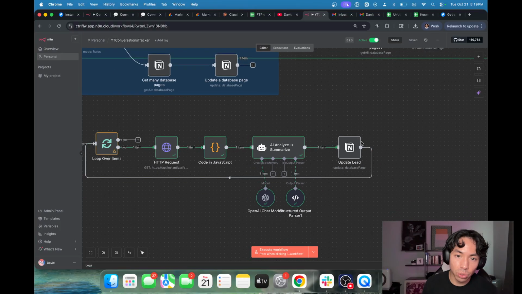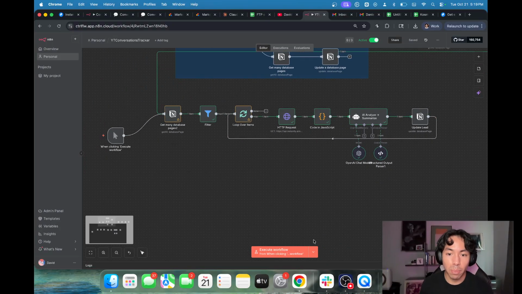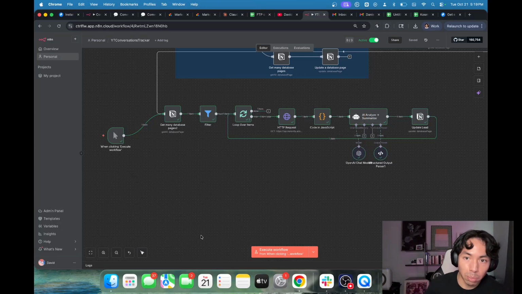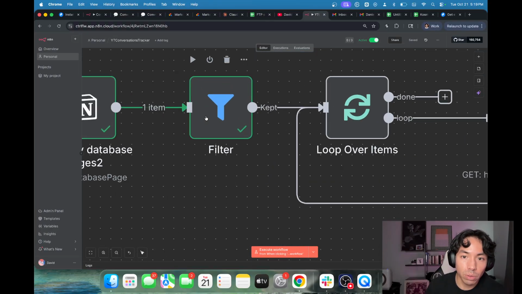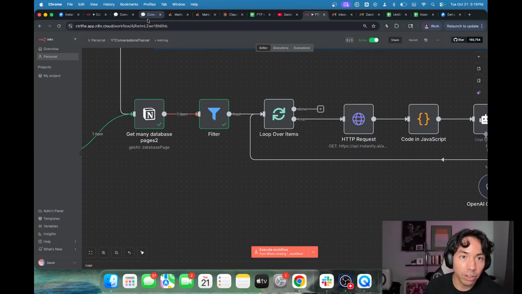And so what we're going to do is hit the manual trigger, and the manual trigger is going to process the entire workflow because the filter still detects that the checkbox is marked. But now, if I hit the manual trigger again after we just finished, it's going to stop the workflow because the checkbox is off. So if I go to the database,